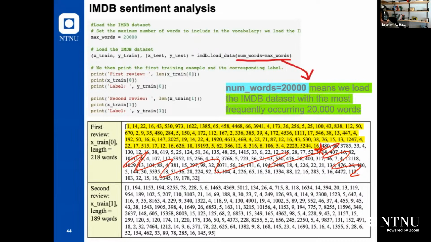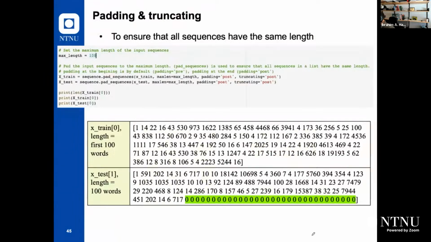But for the second review, it will not be enough. So I need to use zero padding. So I need to fill in the rest with zeros, correct? So this is if I use 100. So X train 0 will be like this one, and X test 1, when it's 100, it will be